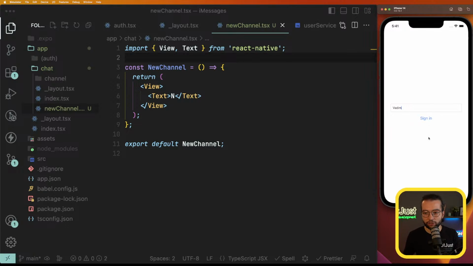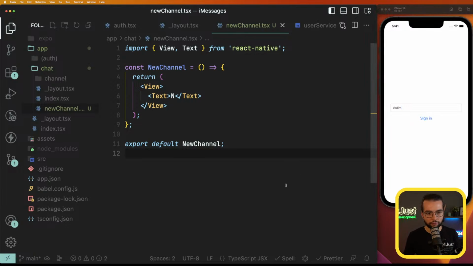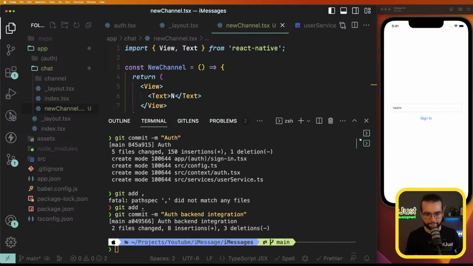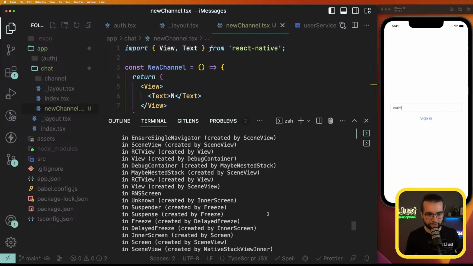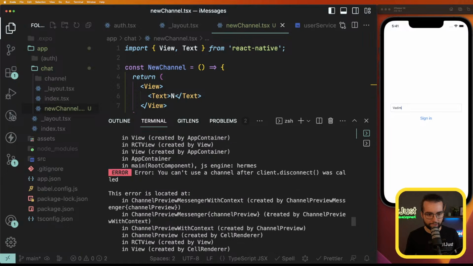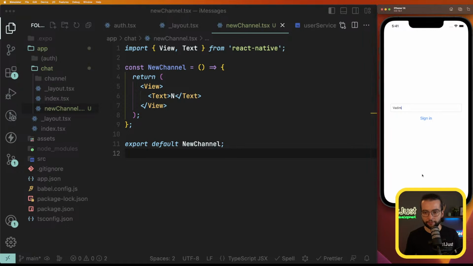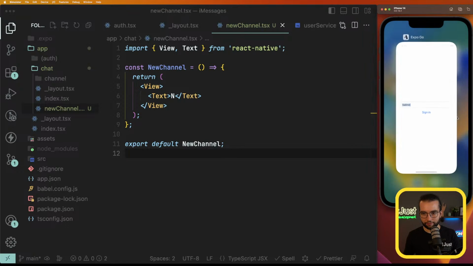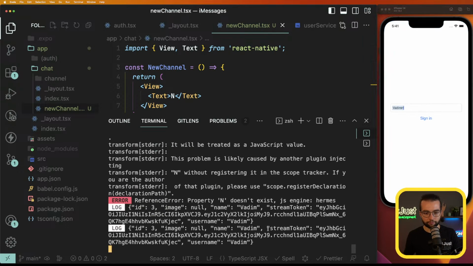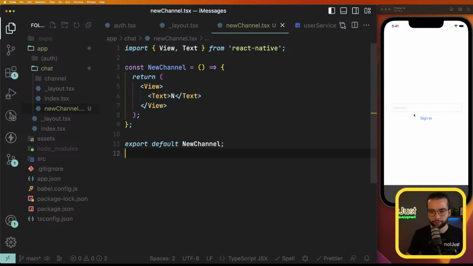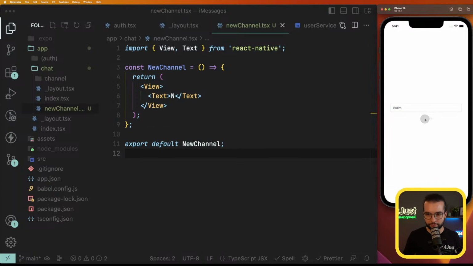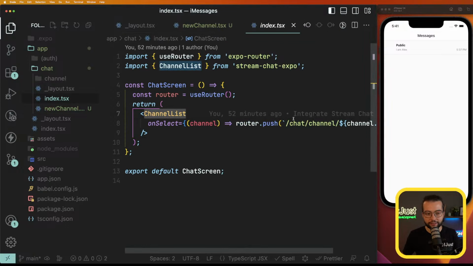And when do we want to navigate there? What's going on? You can't use a channel after client disconnect. Okay, I simply have to restart. Sign in. Perfect. Now when we are on this page that renders the channel, all the channel list, we want